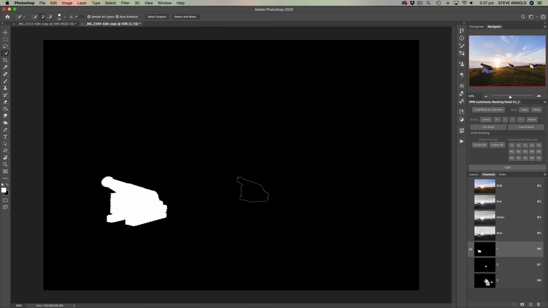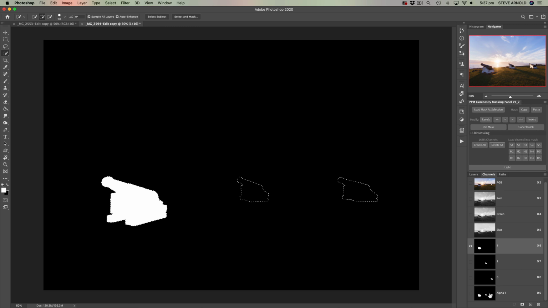And then if we do the same thing, Command Shift or Control Shift, click on number 3. That's going to add that to the selection, number 3. And now with all 3 selected, we can actually just create a 4th channel by hitting Save Selection as Channel. And that's got all 3 in it. And you can create any kind of combination you want of these selections, and 1 and 3, 2 and 3,